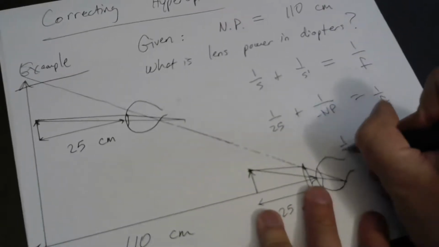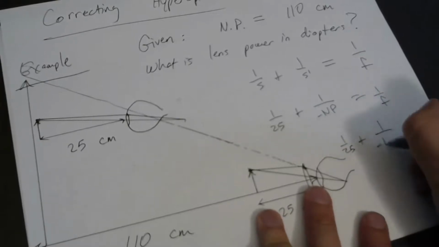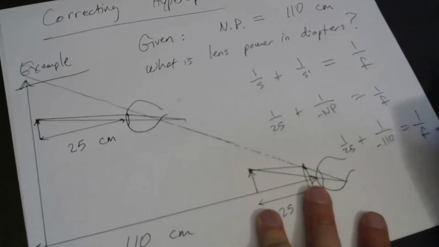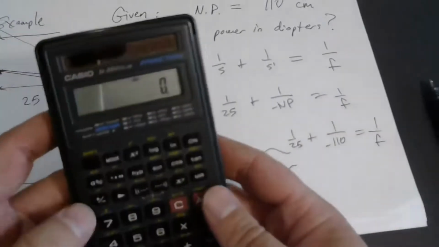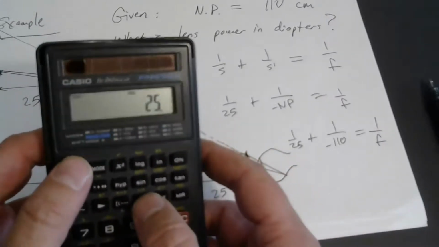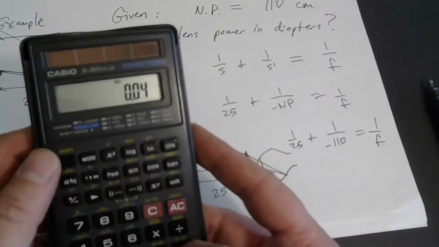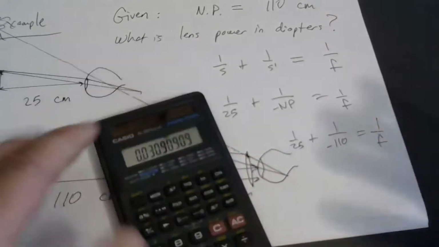Okay, so 1 over 25. This is where I would insert 1 over negative 110. Okay, let's plug those numbers in and find out what the power of this converging lens needs to be. 25 reciprocal. I'll do minus 110 reciprocal equals,